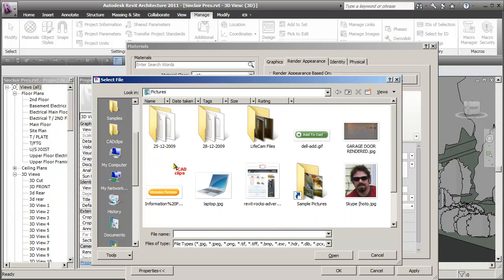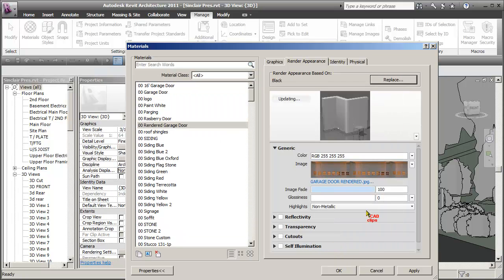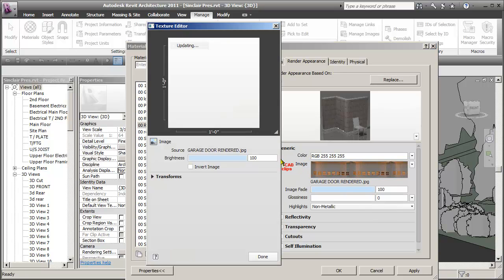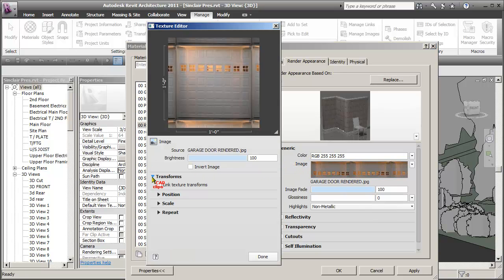There it is, and there's my garage door. Okay, so I hit open. So now I have that image, and I'm going to have to tweak it a little bit, but I'm just going to leave it the way it is for now. Other than that, I'm going to click on here and adjust the size. So I'm going to click on there and go to transformations, and then go to scale,